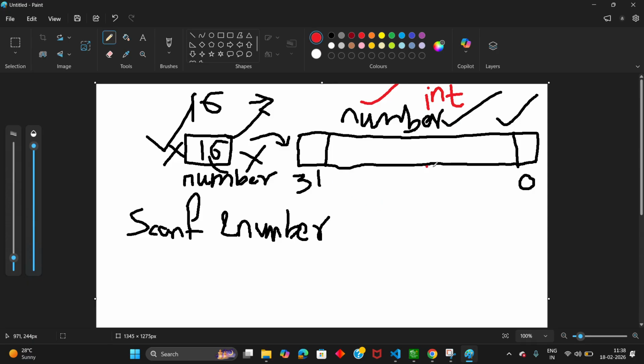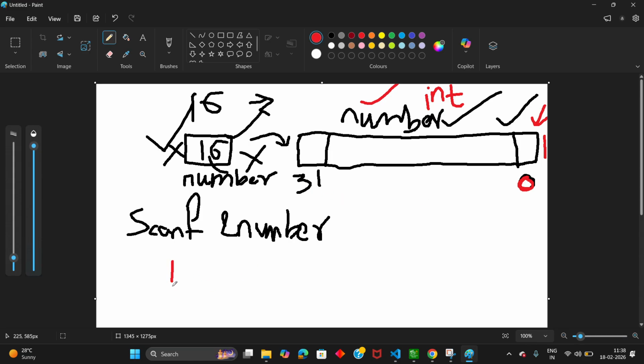This is one memory location. Again, this memory location is divided into 32 different parts, and these 32 parts have locations internally, that is the 0th location up to the 31st location.